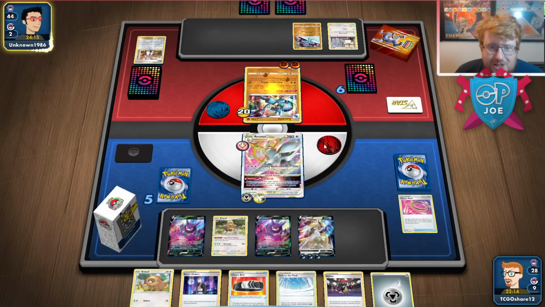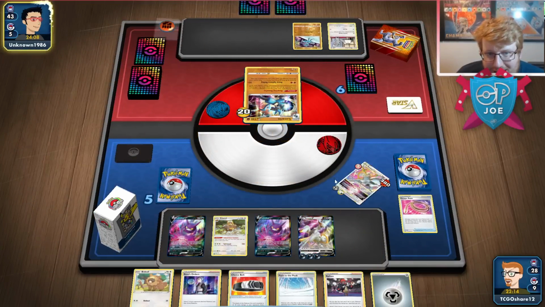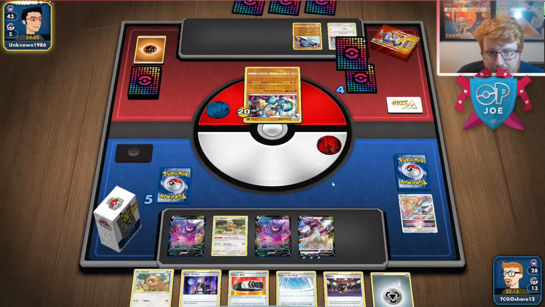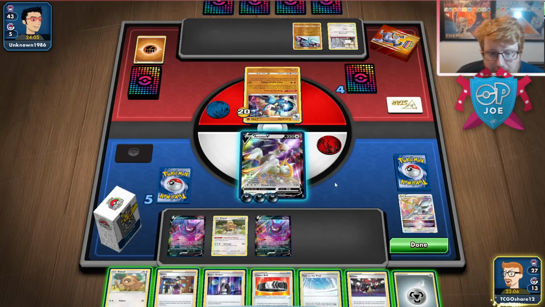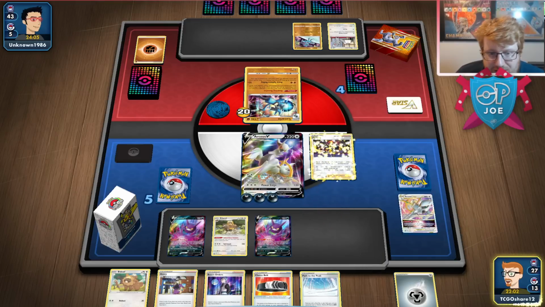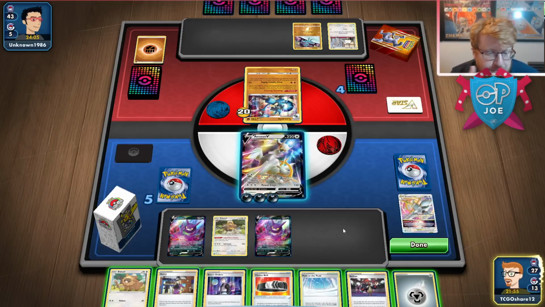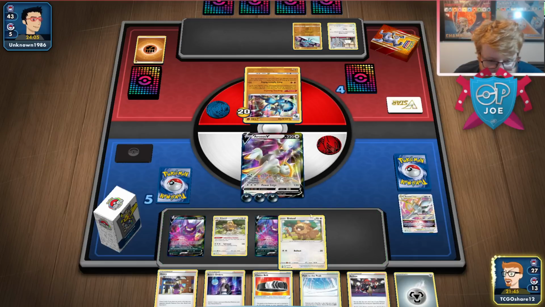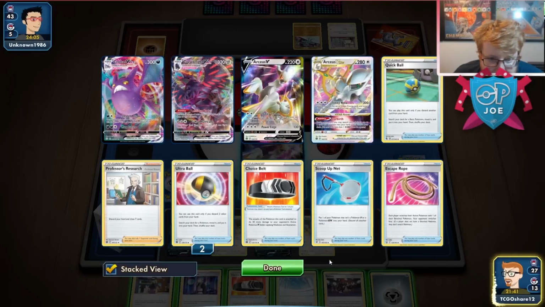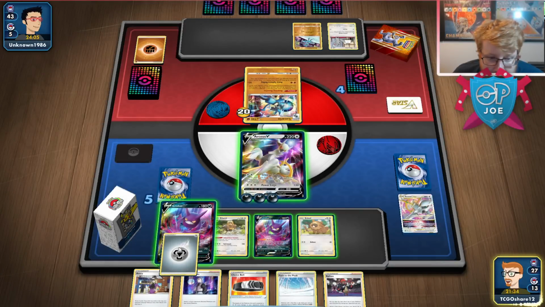Alright, there's the Roaring Resolve. The good news is they don't have much to work with, but they are taking 2 cards here. So let's... I want to try and Bibs before I support her here. Ideally. So let's...